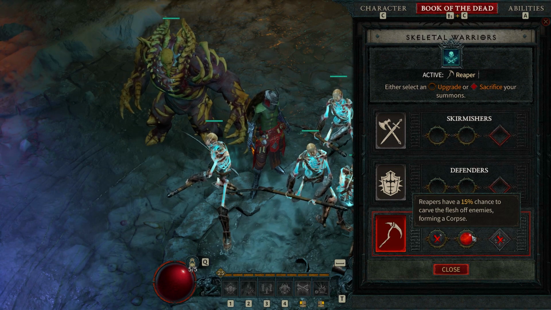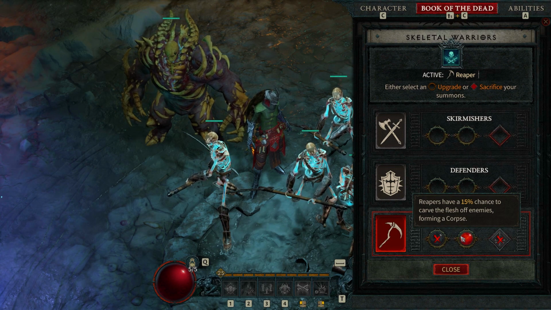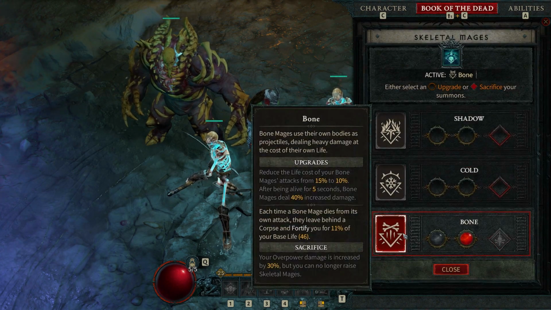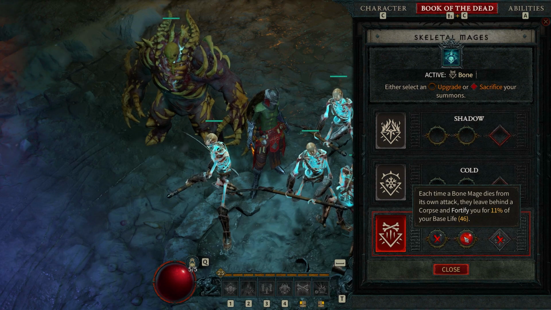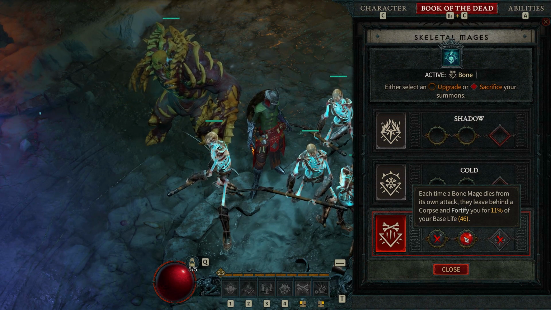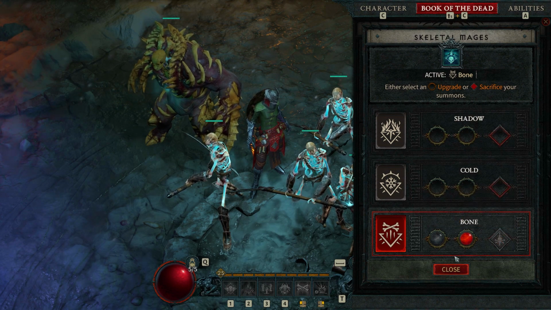Reapers have a 50% chance to carve the flesh off enemies, forming a corpse. It's going to end up working really well with the rest of the kit. Then we have Skeletal Mages running the last variant on the Bone variants. Each time a Bone Mage dies from its own attack, they leave behind a corpse and fortify you for 11% of your base life as well. So that's really cool. They're leaving corpses behind, we're getting more tankiness and more of a reduction towards enemy